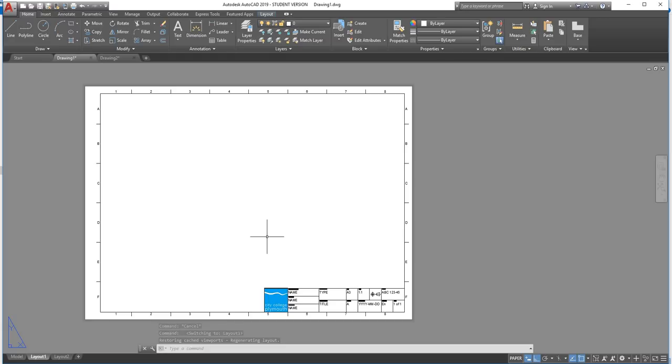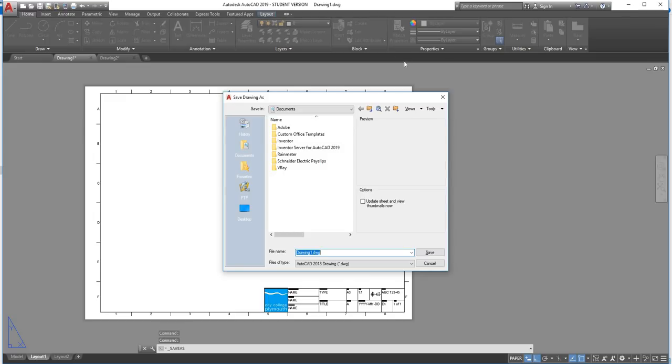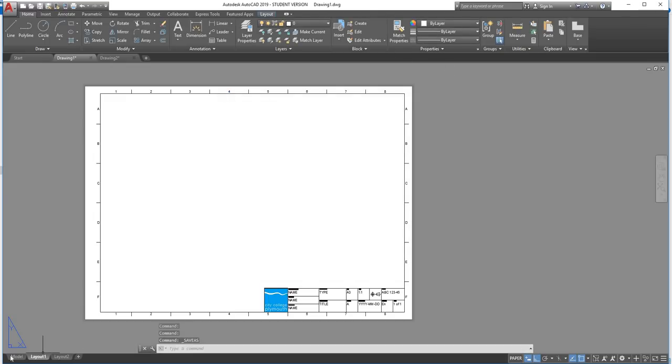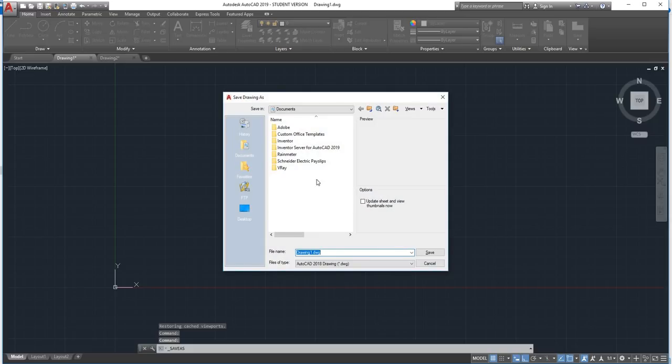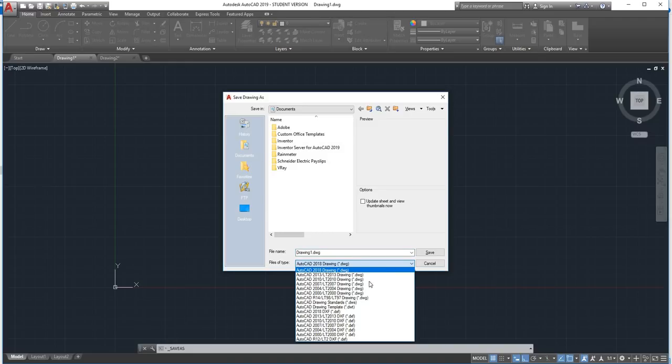So the next step, I'll be showing you how to save this as a template. So if I now go on save as, I'll probably go on model space, because otherwise if I save it like this every time I open a new drawing, it will open up on Paperspace and I want it to open on model space. So if I now go on save as, files of type, if I swap it to DWT,